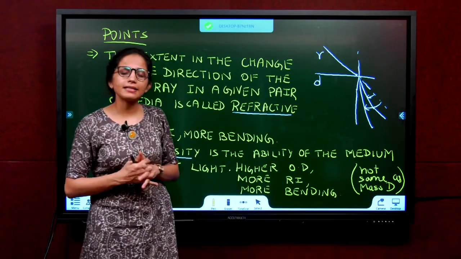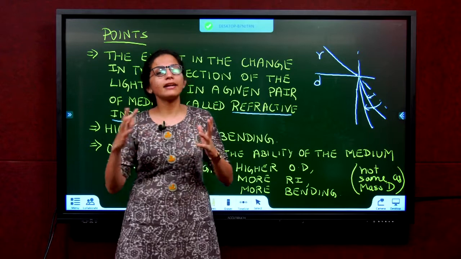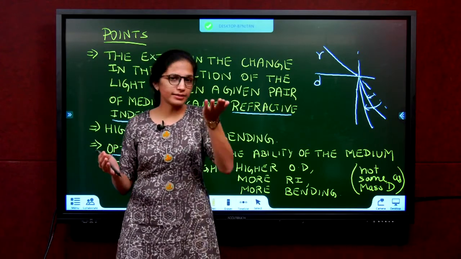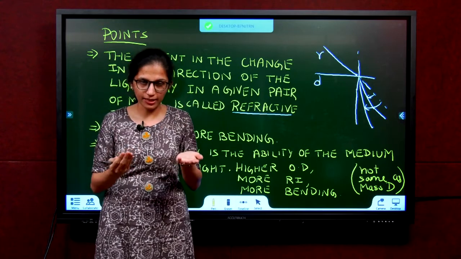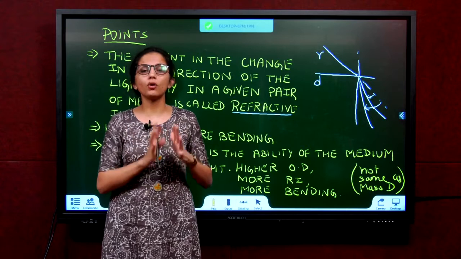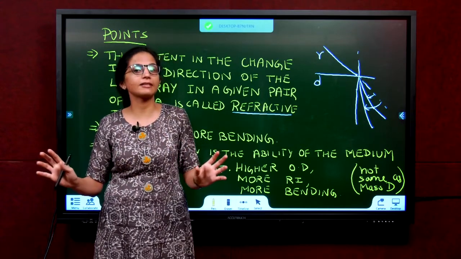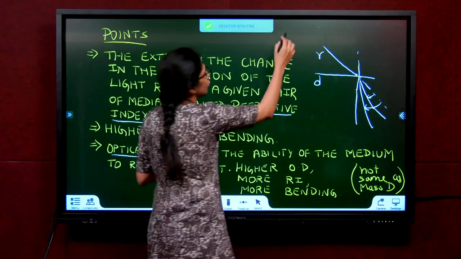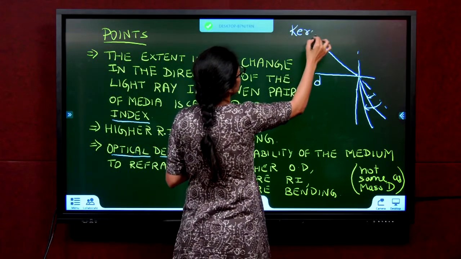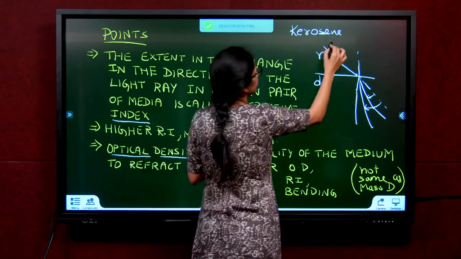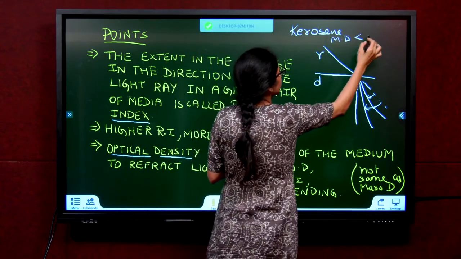Ma'am, is optical density same as mass density? In 90% of the cases, you feel, okay, water is denser than air for me, correct? Mass wise. So even optically, it's denser, but this is not always true. Optical density and mass density are slightly different quantities. For example, you can take kerosene. You will see in a later section, we will discuss this again. Kerosene has lesser mass density than water,